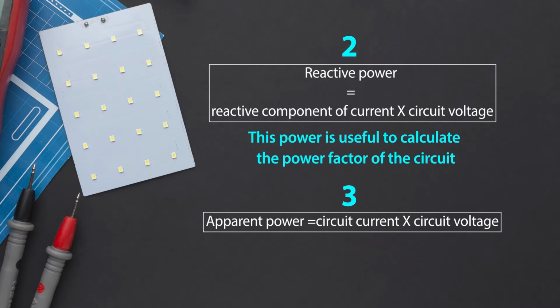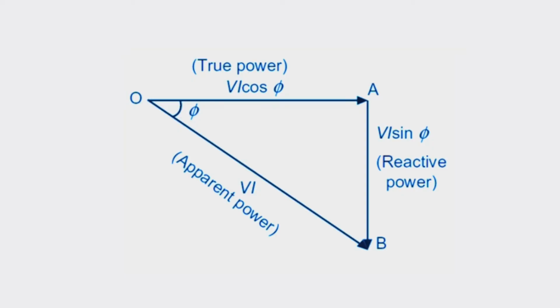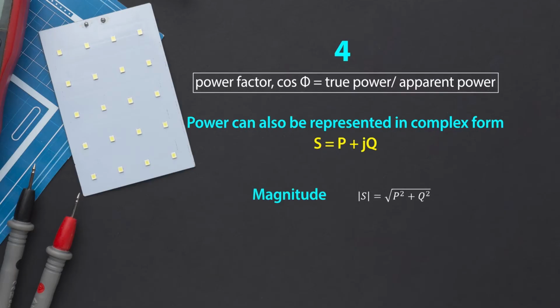However, in an AC circuit, except a pure resistive circuit, there is usually a phase difference between voltage and current, so that voltage and current do not give real power. To avoid any confusion, it is measured in volt-ampere. Fourth point is, from this power triangle as shown in figure, the power factor may also be determined by taking the ratio of true power to apparent power, that is, power factor cos phi can be written as the ratio of true power to apparent power.